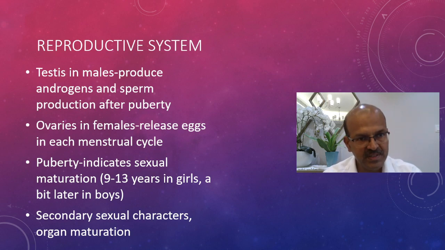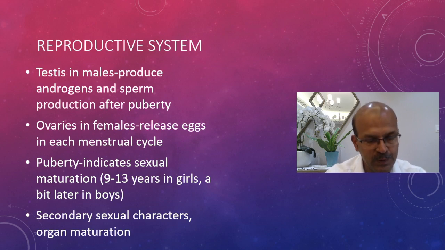As the name suggests, the reproductive system's role is to help us to reproduce. We have the male genital system, which has a role in sexual intercourse and the production of semen. The sperms in the semen go on to fertilize the ovum in the female system. And the testis in the males produces the androgens, which are the male hormones, as well as the sperm production